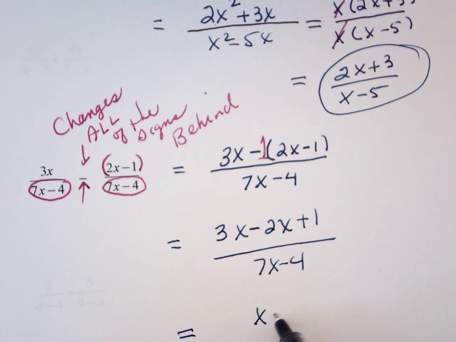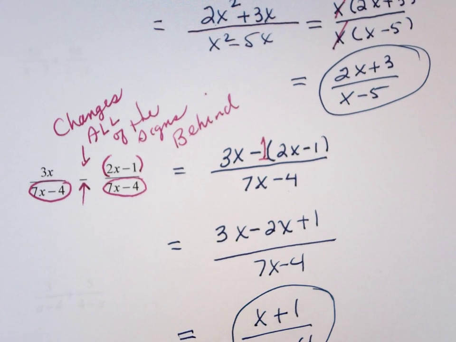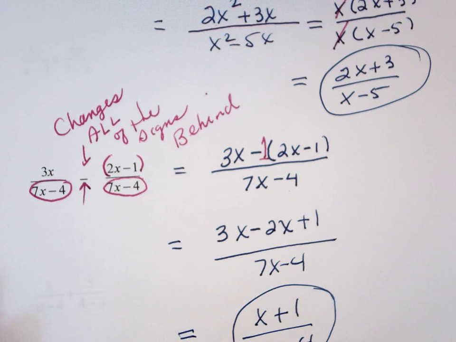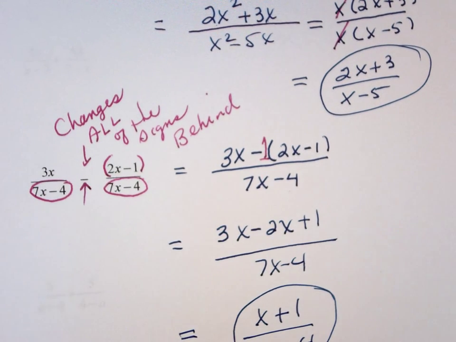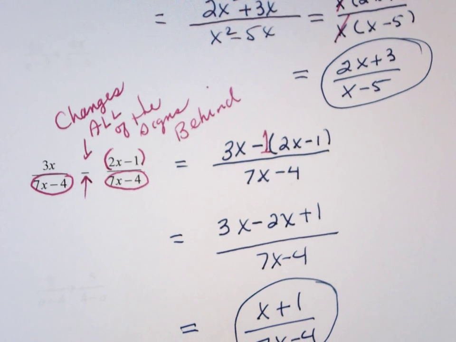So this is x plus 1 over 7x minus 4. But boy, that subtraction, I just come to a halt. I used to write on the top of my test, watch out for minus signs, because